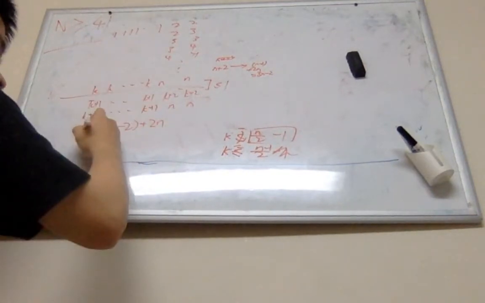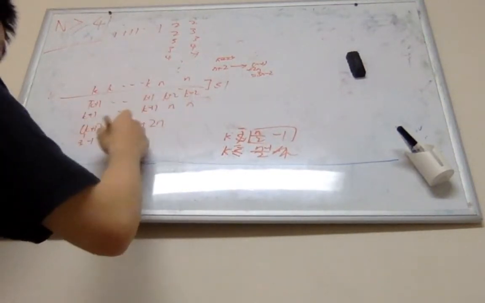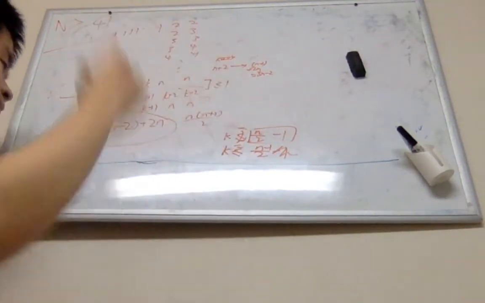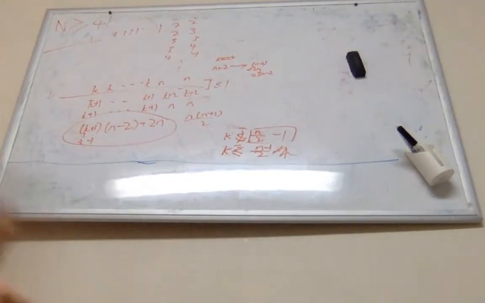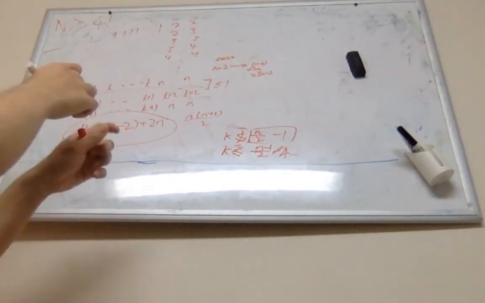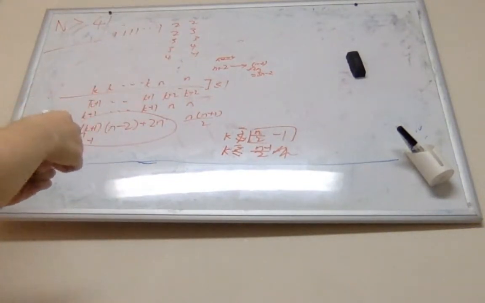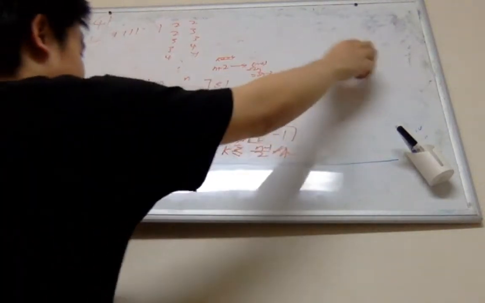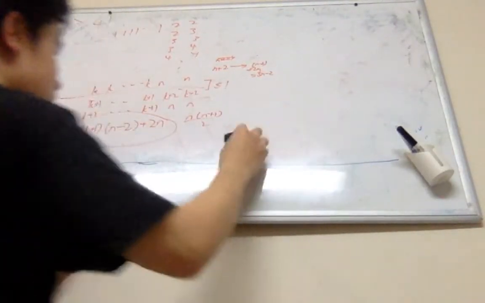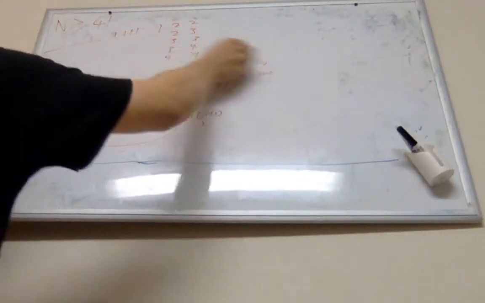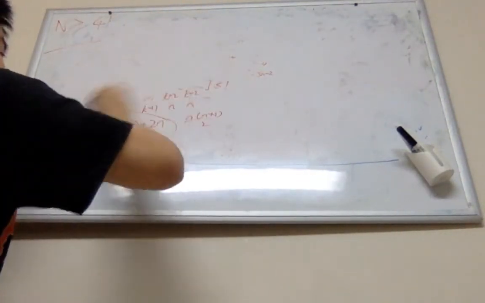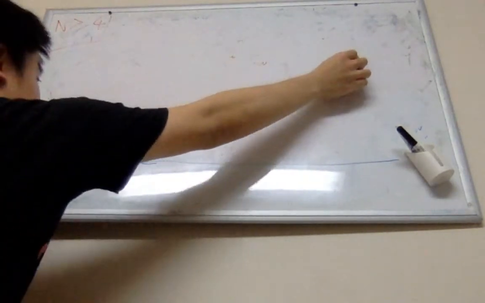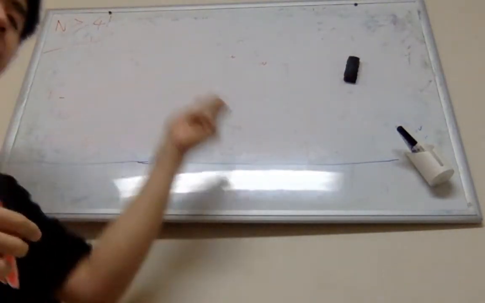This turned out to be n plus 1 over 2, which is good news for us, because this shows that our algorithm works. So now we have shown that everything up to n plus 1 over 2 can be represented in this form,